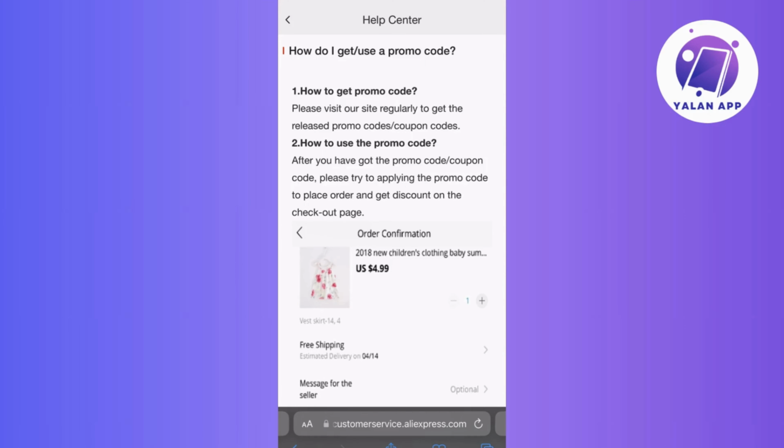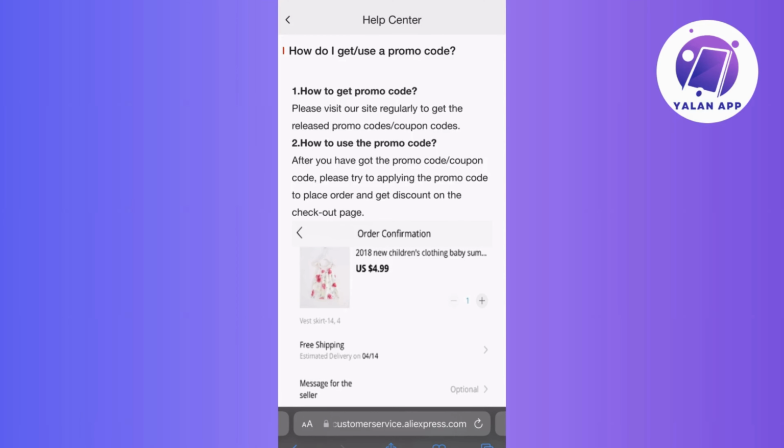If you haven't acquired a promo code yet, establish a routine of regularly visiting the AliExpress website. Monitor the homepage attentively as AliExpress frequently features highlighted ongoing promotions and coupon codes directly on the main page. To enhance your chances of discovering discounts, delve into specific product categories as certain promotions may be exclusive to particular product groups. By consistently checking both the homepage and targeted categories, you increase your likelihood of stumbling upon valuable